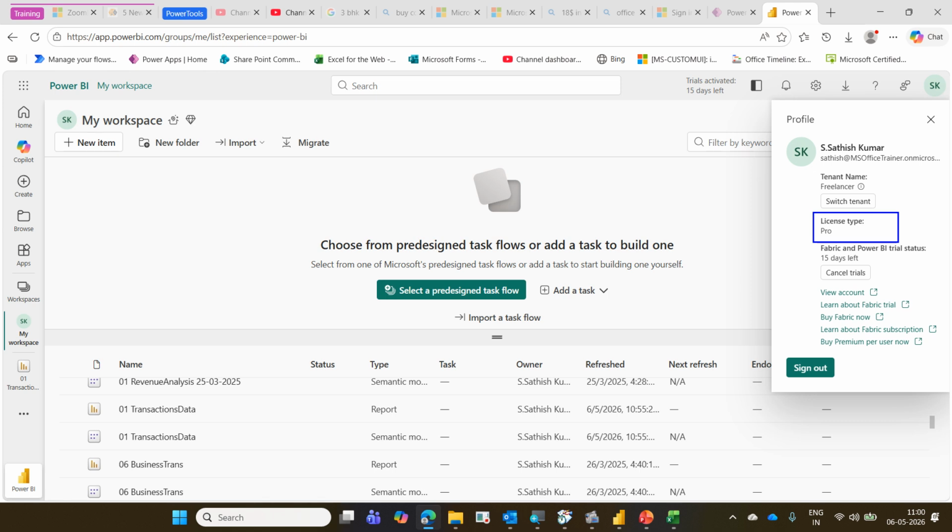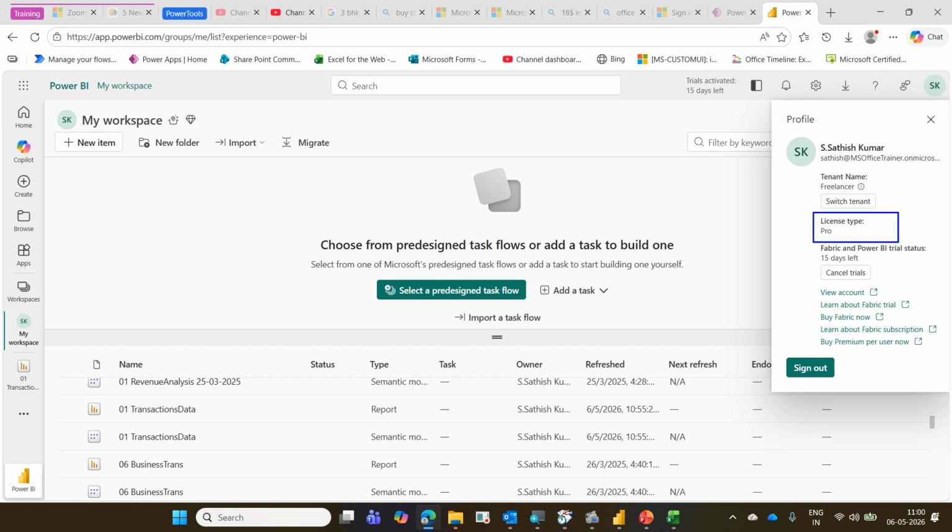Early days it was very cheap, 7-8 years before. Per year it was only 800 INR per year. Now it has turned, per month it's 1500 INR. Per month it's 1500, so per year it's more than 15,000. They have increased the cost. When you go to the corporate, most corporates now have the license. It comes inbuilt like Microsoft Excel, Word and PowerPoint. Now Power BI is coming inbuilt with all the laptops.